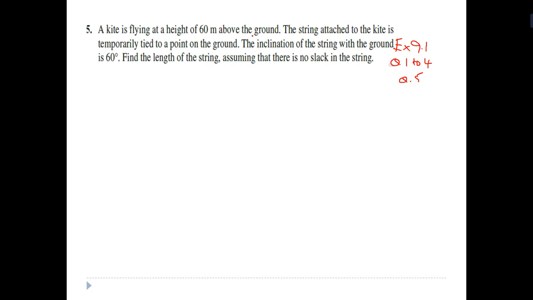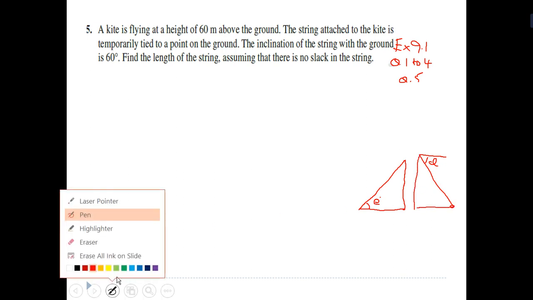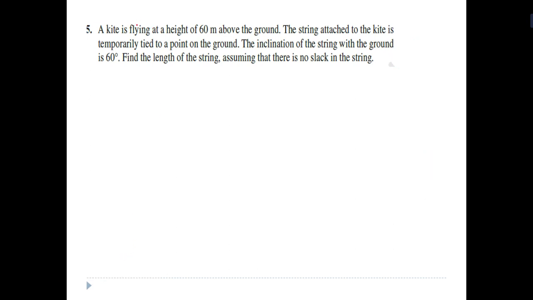Already in this lecture we have discussed the angle of elevation and angle of depression. If I look from here, it is called the angle of elevation. From the top, if I look down here, it is called the angle of depression. The object is here, so we can make a triangle. Now we have to start with the next one, that is question number 5.